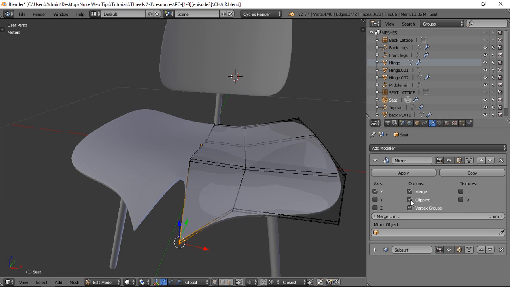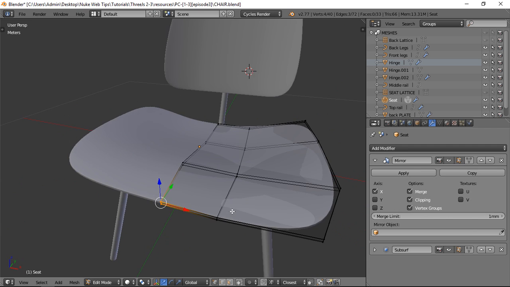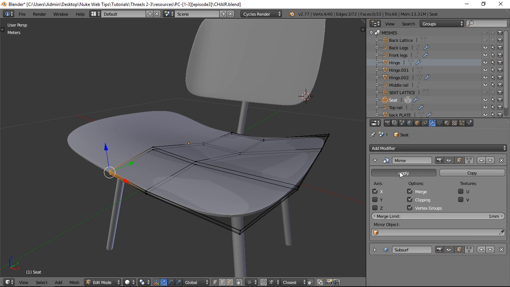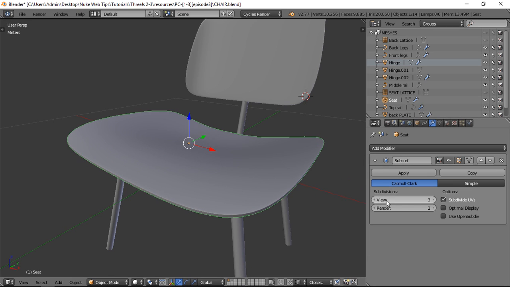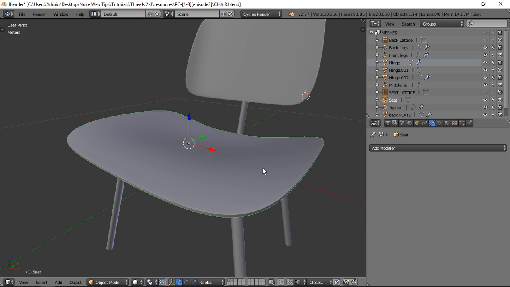Let me go back with this modifier. We don't want anything modified with that. Modified with modifier, that's an inception, but whatever. Okay, options, we check the clipping checkbox, and I think it looks good. We go ahead and click apply. Oh, we are in the edit mode, so in the edit mode you cannot apply any modifier, at least the ones I know. So we go back out of the edit mode, we click apply, and now we have this subsurf modifier that's left. We go ahead and click apply, and now when we go to edit mode, we should have this